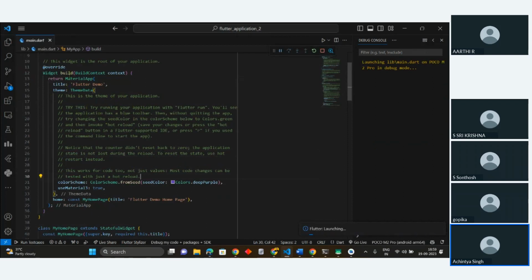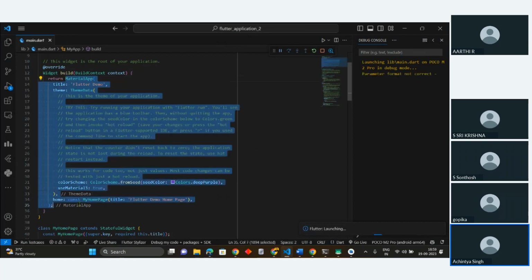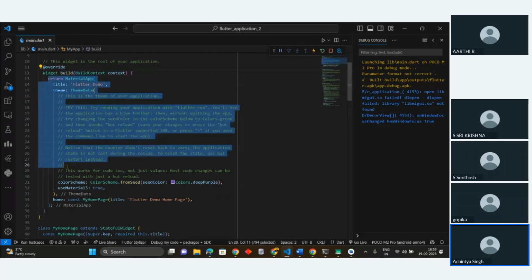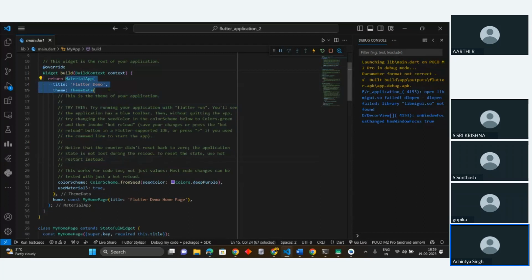See, material app. I will have to talk about this widget. Everything is a widget. Again, I am saying everything is a widget. So you have a build widget, you have a material widget. Build widget basically is a function. You can see a function returns something, right? Similarly, a build widget is also returning something. Now what it is returning is, if I come to the build function code,